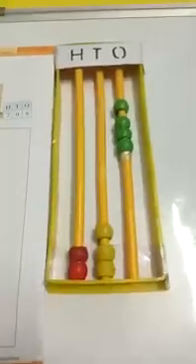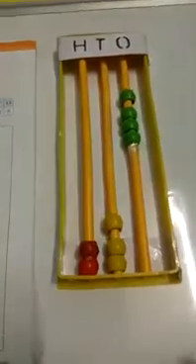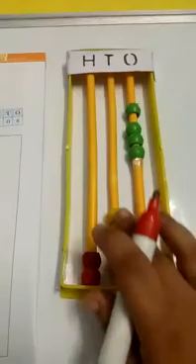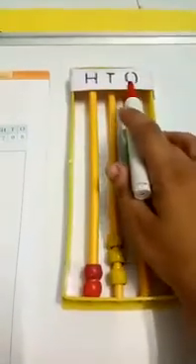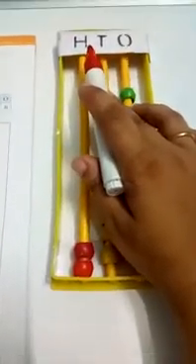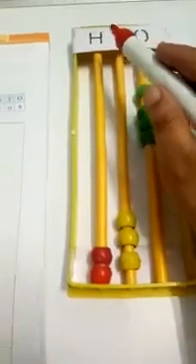So, this is an abacus, and these spikes are there and beads are there. So, let's learn on abacus. Now you can see this is known as abacus. This is known as spikes and this is known as beads. And here O, T and H is there. So in the previous session, we have seen that O stands for ones, T stands for tens and H stands for 100.